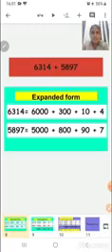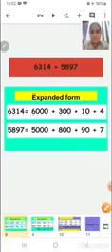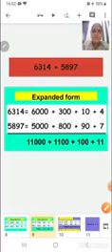Children, after writing the expanded form, we have to add the numbers from ones place. That is, in ones place, we have the number 4 and 7. So we will first add 4 and 7. Then we will add 10 plus 90. Then we will add 300 plus 800. And then we will add 6000 plus 5000. Like this. Children, 4 plus 7 is 11.